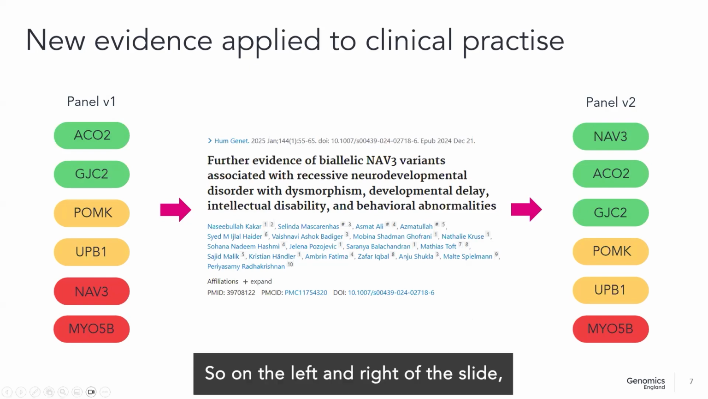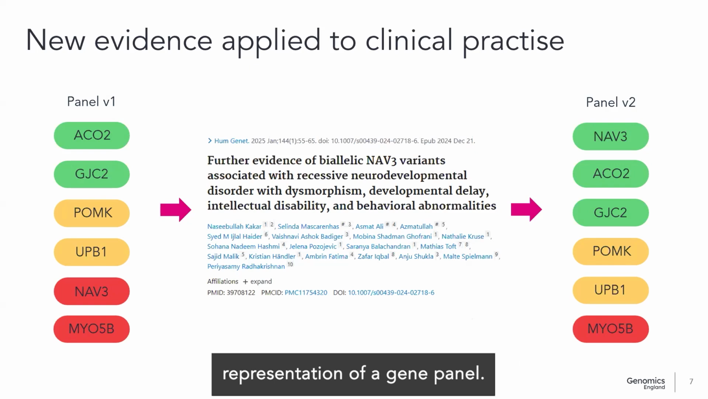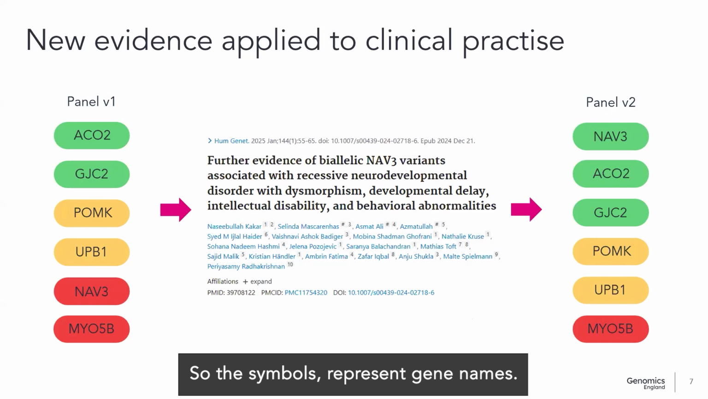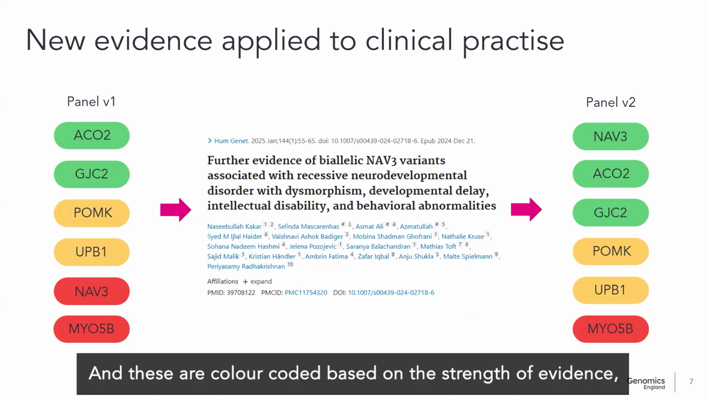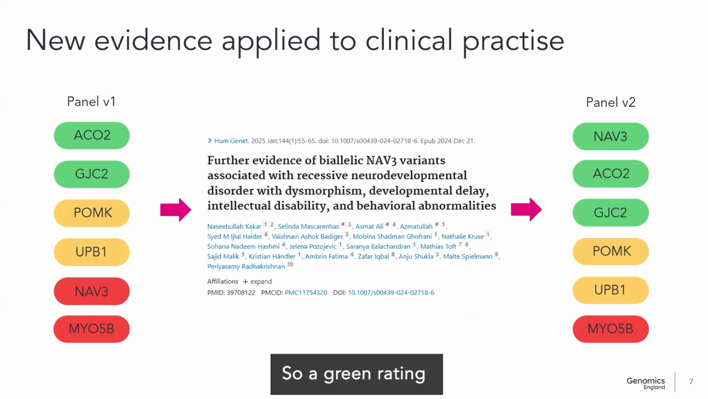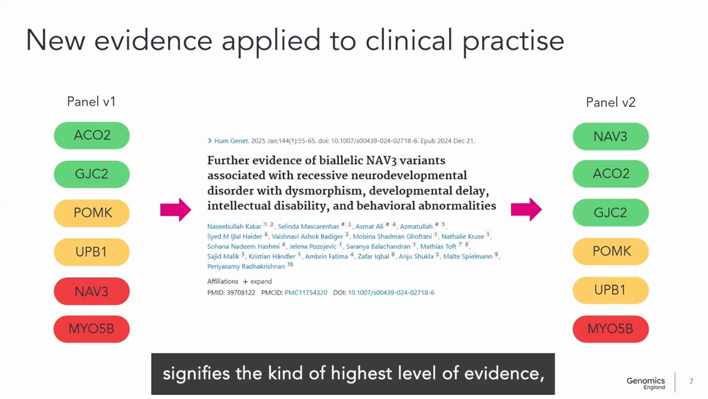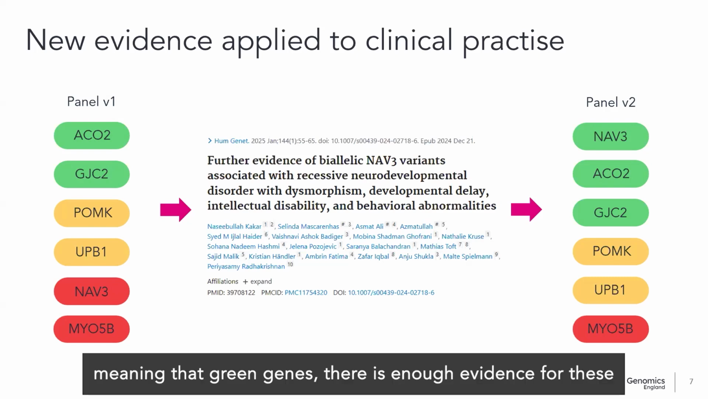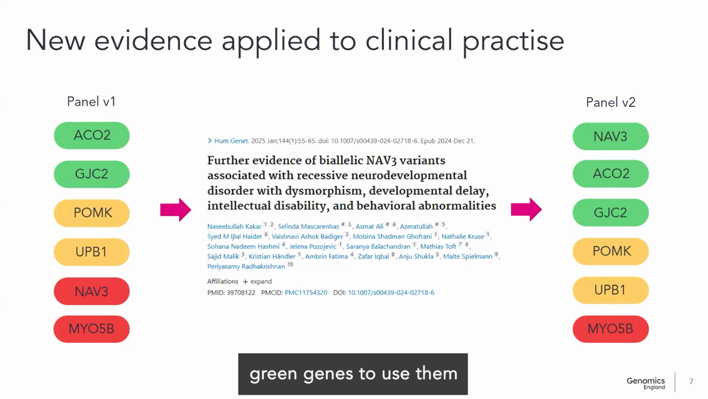So on the left and right of the slide, you can see a simplified representation of a gene panel. The symbols represent gene names, and these are color-coded based on the strength of evidence that links that gene to that particular disorder. So a green rating signifies the highest level of evidence, meaning that for green genes, there is enough evidence for these green genes to use them for the analysis of a patient's